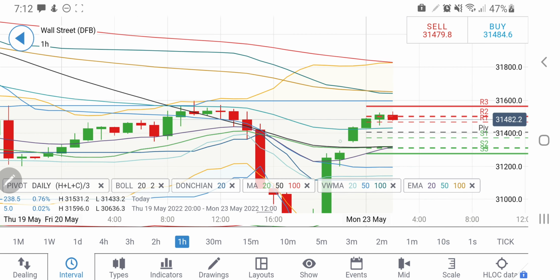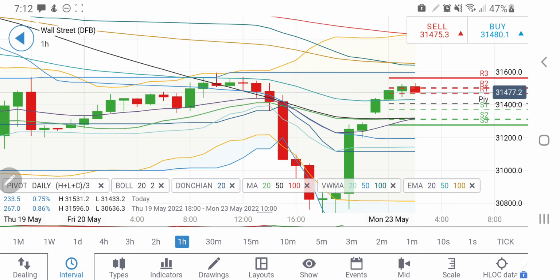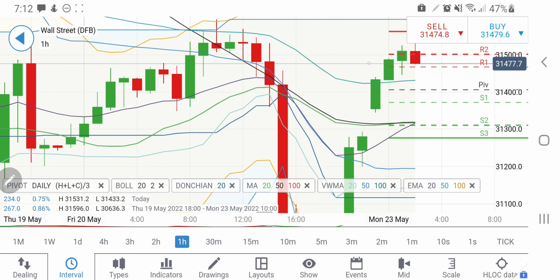See, US30 on the hourly charts is showing a similar move to what we have seen on US100. The cusp is done and it is probably looking downwards, or retracement, towards 31,400 levels, and from there we'll see how it behaves and it can try to rise. There is a gap to be filled on the hourly charts, around 31,300 to 31,350 levels. It can try to come back and fill up those gaps